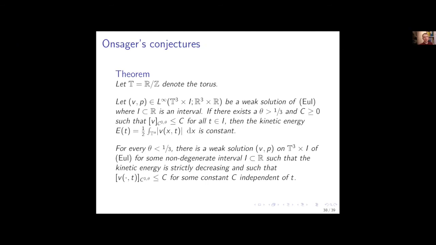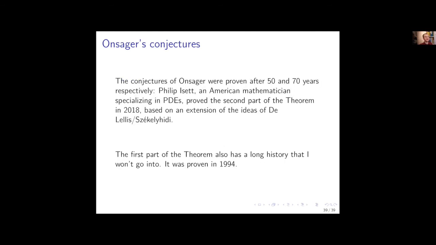So if you have Euler exponent 1, we know kinetic energy is constant. But actually, if you have any Euler exponent which is more than 1/3, then also the energy is constant. So that's very interesting. No matter what, if you have a solution which is, let's say, Euler continuous with the exponent 1/2, the energy is going to be constant already. That was very hard to prove, because this was proven in 1994. There was a long history for that. It took 50 years, and it was proven in 1994.